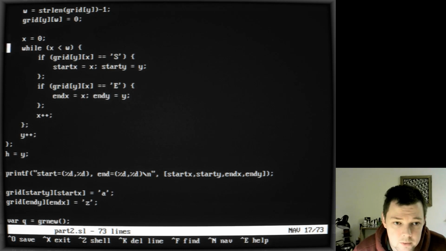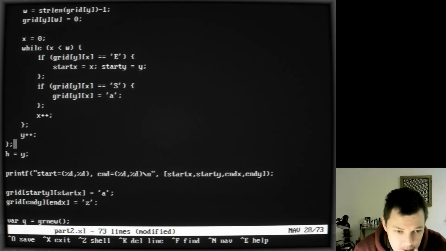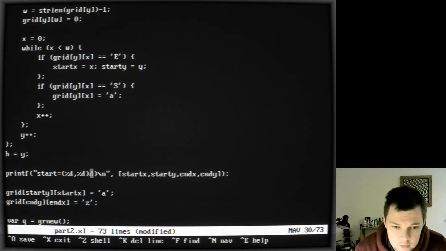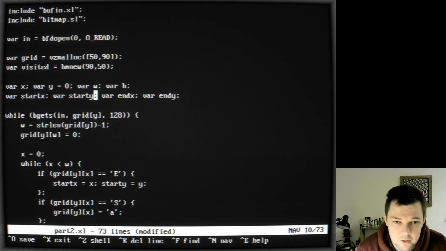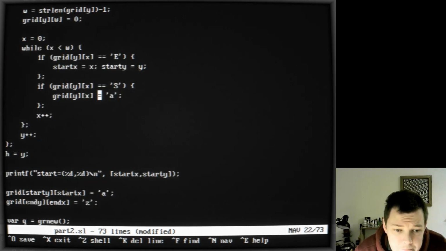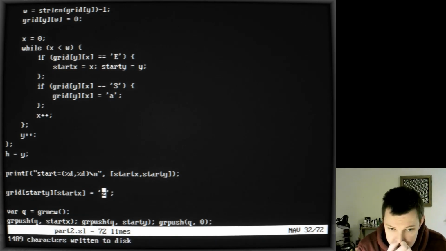So now, if it begins with an E, then that's where we start. If it has an S, we simply treat it like A. We no longer have an end. And in fact, just to make doubly sure, I will delete it. Starting square is a Z. We're now allowed to go